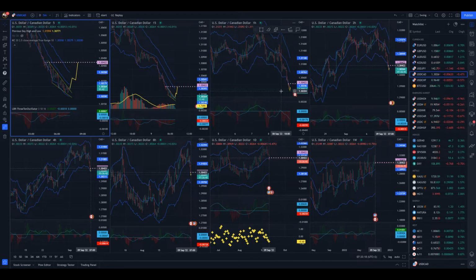Even though we got fresh new momentum to the downside, in the last 2 hours we're pretty much having this falling wedge on the 5 and 15-minute time frame, which may bring a potential move back towards this 1.3043 level. So watch for that potential rally intraday. Speaking of the gold market,